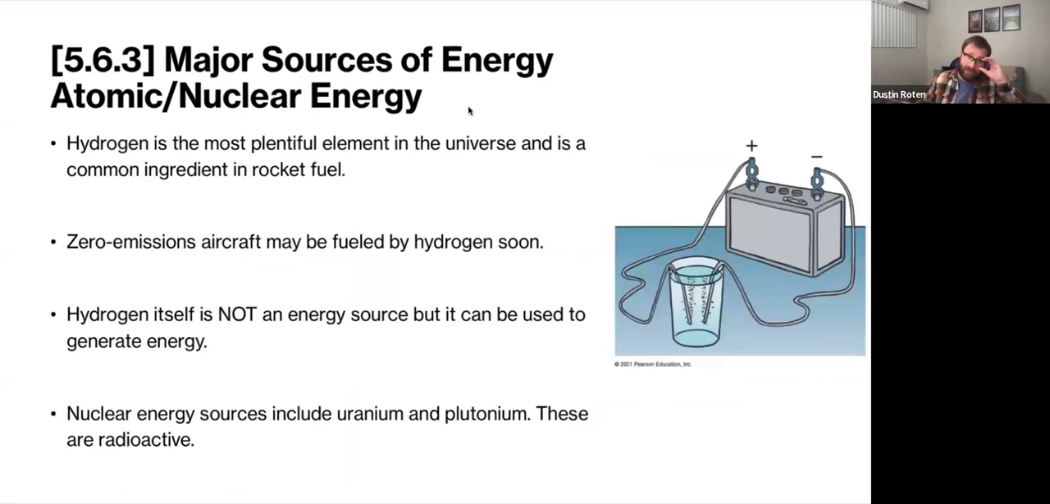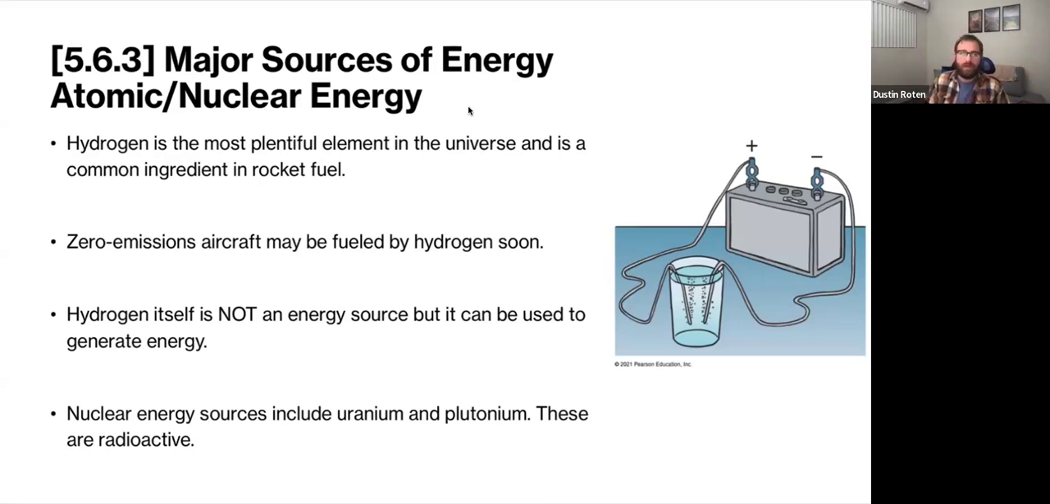Other obvious forms of energy are essentially atomic and nuclear energy. We've got hydrogen, hydrogen fuel cells, you've probably heard of that. Hydrogen is the most plentiful element in the universe, and it's also used in rocket fuel a lot. There's a possibility that we're going to be looking at zero emissions aircraft powered by hydrogen. Essentially, to get hydrogen, you also create just oxygen at the end. We'll talk about that in just a second. So that's why we would say it's sort of a zero emissions